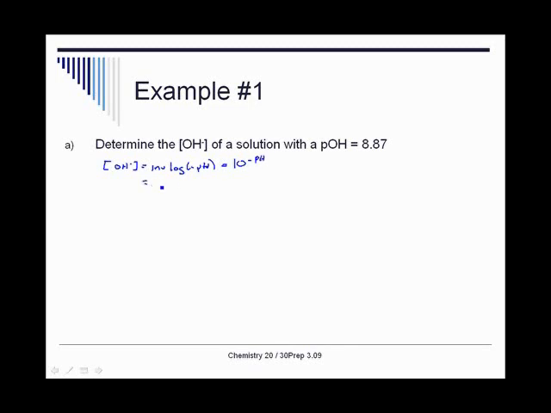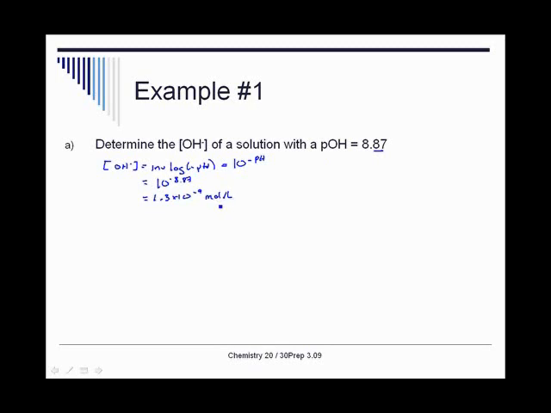In this case, it's 10 to the power of negative 8.87. We run it through our calculator, and we get 1.3, and pOH follows the same rules as pH. This number only has 2 significant digits, so we only have 2 significant digits in our answer, so 1.3 times 10 to the negative 9